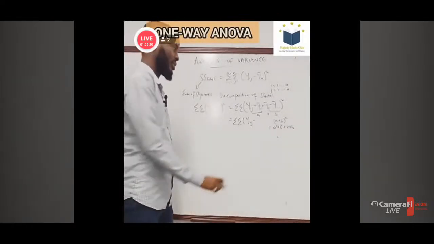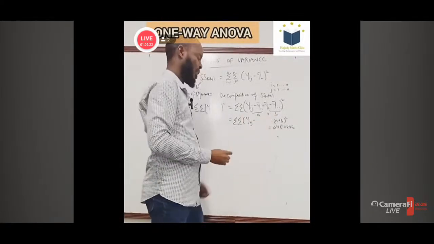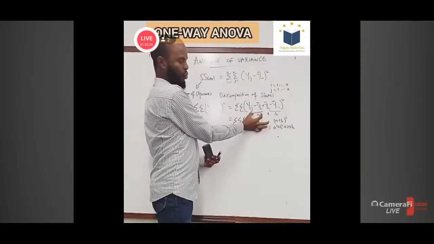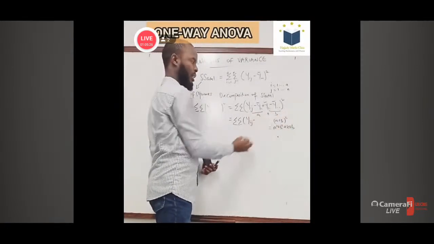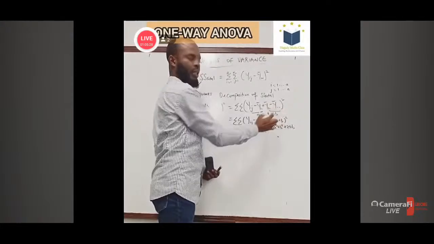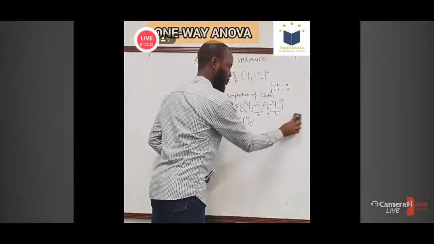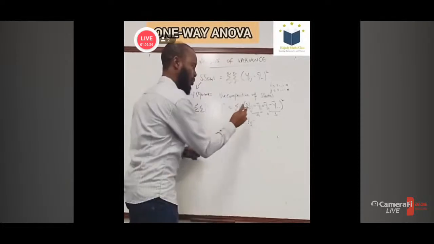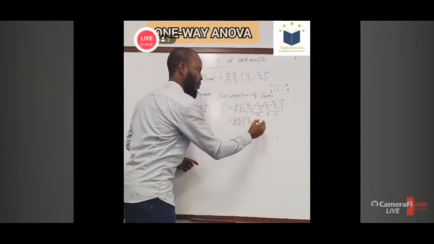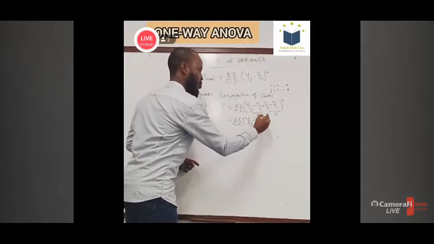So the same thing is what I'm going to use there. So you are going to have a squared plus b squared plus 2ab. So that's what I'm going to use here. So my a, which is Yij minus yi dot bar, squared